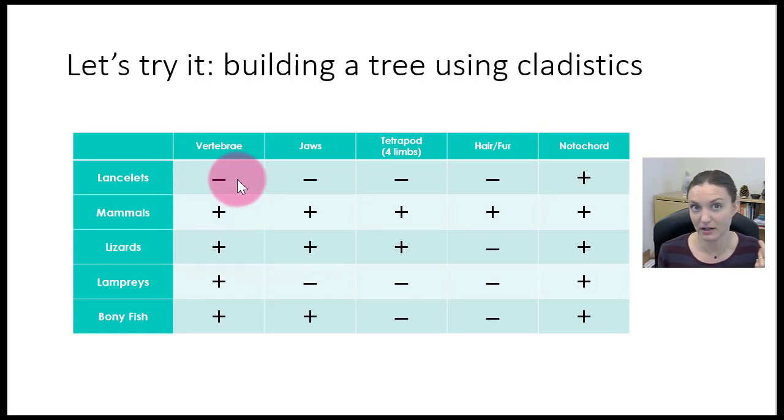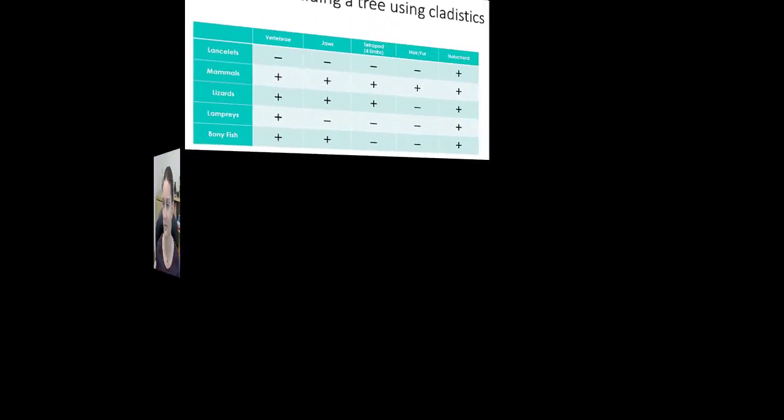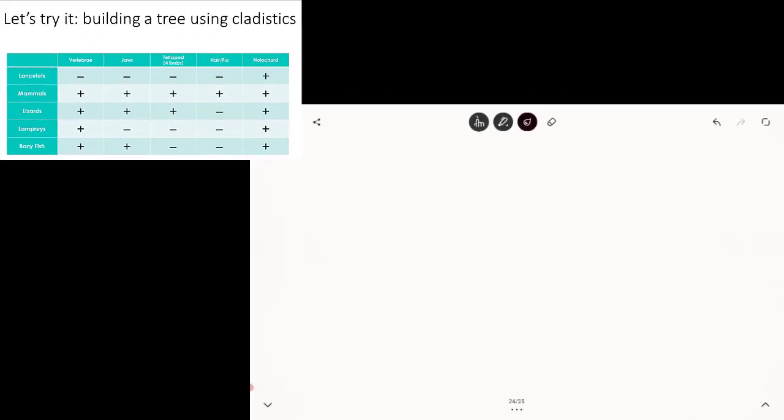So lancelets do not have vertebra, mammals do have vertebra. Okay? So we're going to walk through how to interpret this tree and how to build out a phylogeny using this sort of cladistics scenario. So when we are building phylogenies using this cladistics method of this table of who has a trait, who doesn't have a trait,